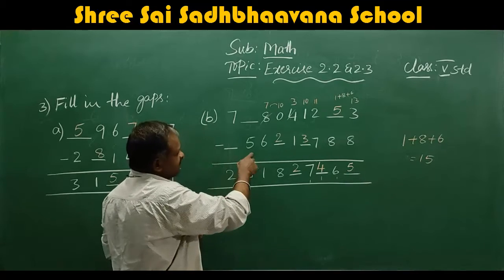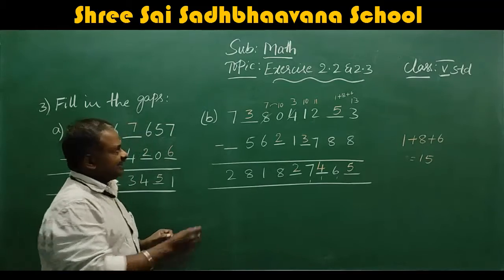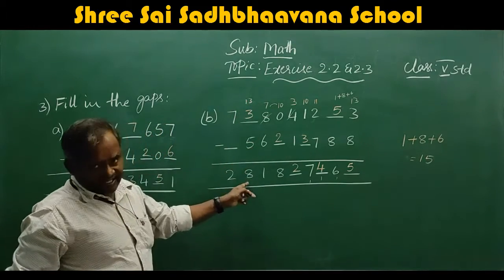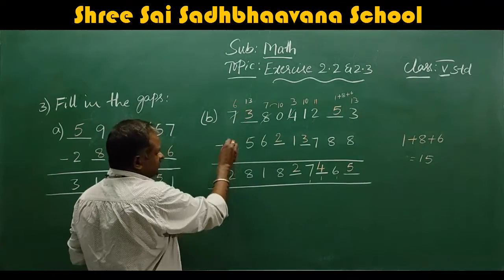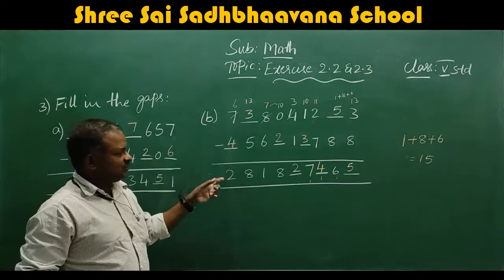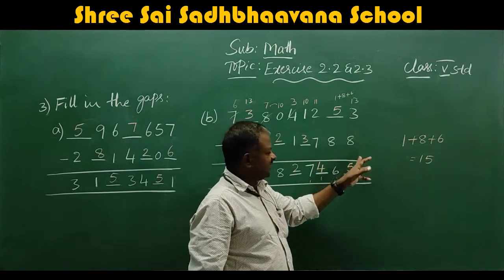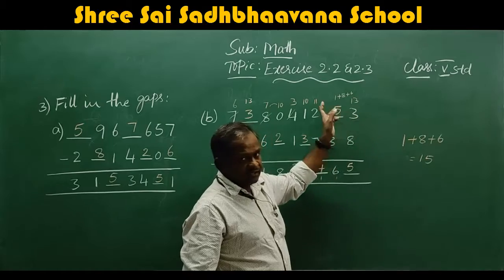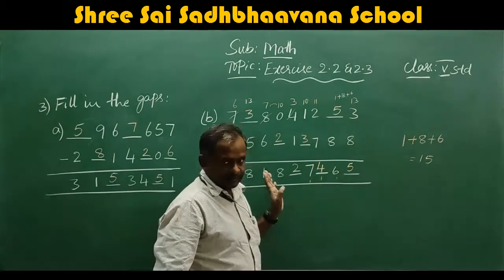Same, 13. So you have to write 3 here because you are taking carry from 1 here. So 13 minus 5, 8. Now this becomes 6. 6 minus 4 is equal to 2. Once again I will explain. Here they have given 3 and 8. Because 8 is greater than 3, you have to take carry. So 3 becomes 13. 13 minus 8, 5.